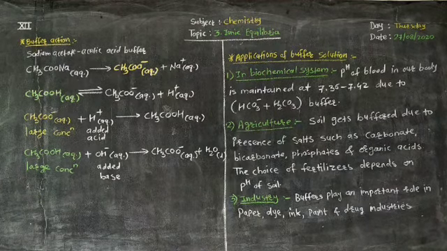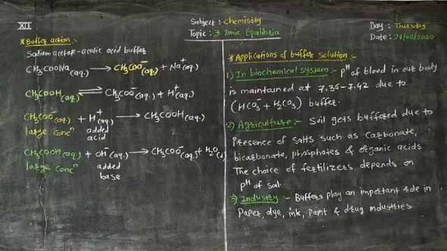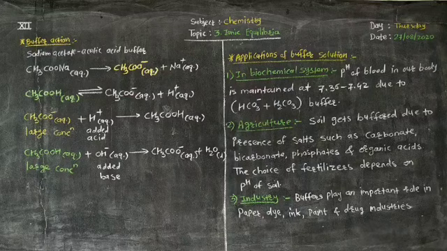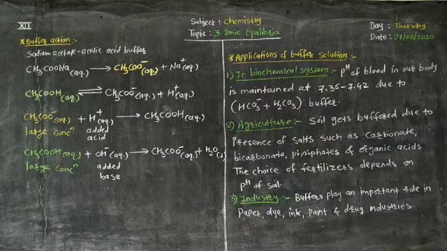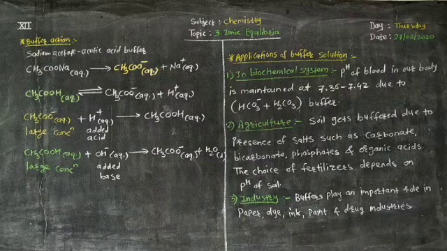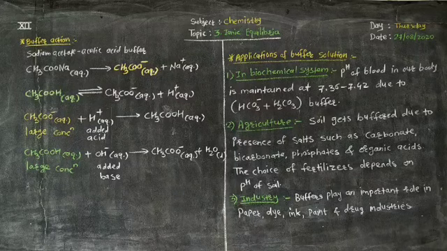And these equations that we studied: pH is equal to pKa plus log to the base 10 of molar concentration of salt upon molar concentration of acid. And second, pOH is equal to pKb plus logarithm to the base 10 of molar concentration of salt upon molar concentration of base. They are known as the Henderson-Hasselbalch equation. Remember very well, an MCQ may be asked: out of the following, which one is the Henderson-Hasselbalch equation?